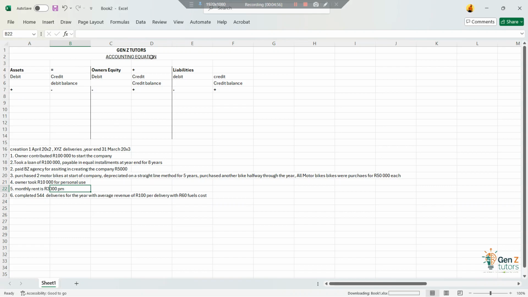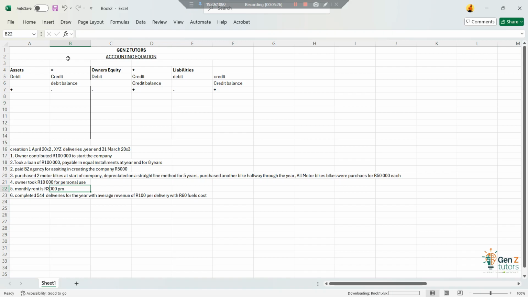Now let's go back to our accounting equation. Assets equal owner's equity plus liabilities, or you can write it as owner's equity equals assets minus liabilities, or liabilities equal assets minus owner's equity, whichever way you run it. But the simplest format used is assets equal owner's equity plus liabilities. Why is this the simplest format? It's because